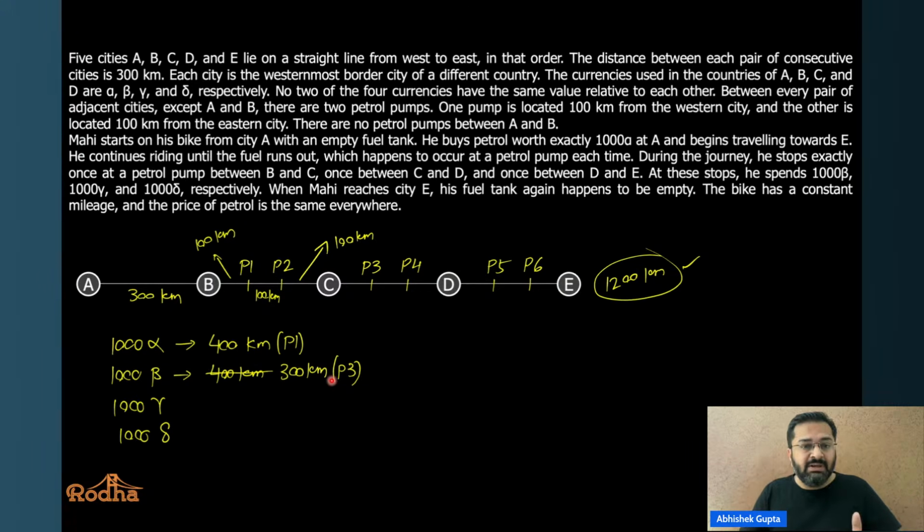इसी की वजह से what we can say is that when we started with this assumption of 400 kilometers, this is incorrect. It means what? His first stop could not have been P1. यहाँ पर उसका पहला स्टॉप नहीं हो सकता था. उसका पहला स्टॉप, because this is not working in any case, नहीं चल रहा. तो अगर पजल ठीक है तो उसका पहला स्टॉप has to be P2. You had to think like that. Can you understand this, guys?